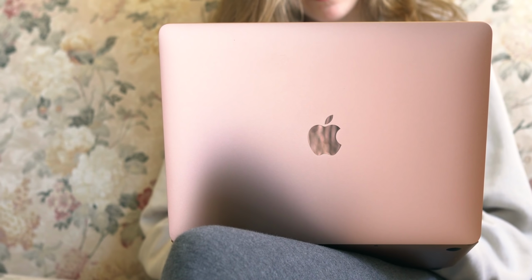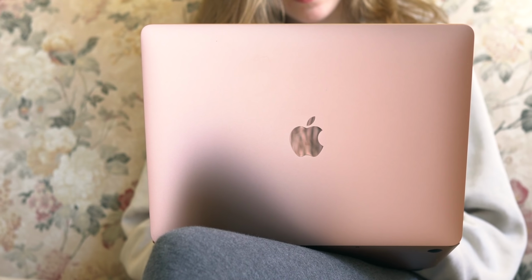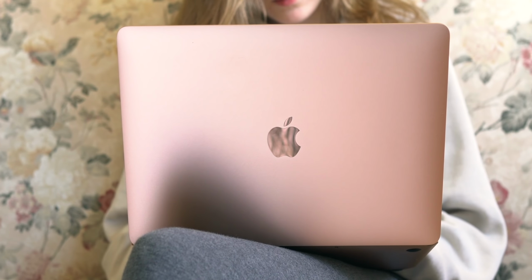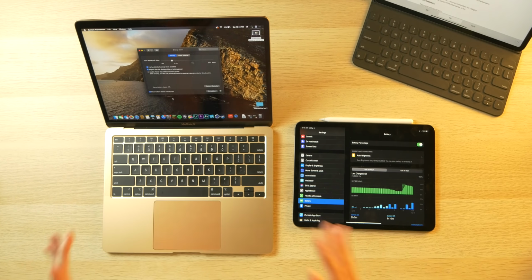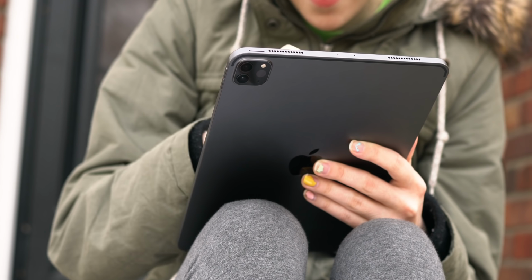It's less power efficient, and if you tax it, if you play a game, if you render a video, the device, particularly a laptop, is going to drain more quickly, and you're going to want to plug it in. So that is one distinction I have to say. If you're doing heavy duty tasks, you're going to want to keep the MacBook Air plugged in, and if that's a problem and you want to be more portable, then the iPad Pro might be the right device for your